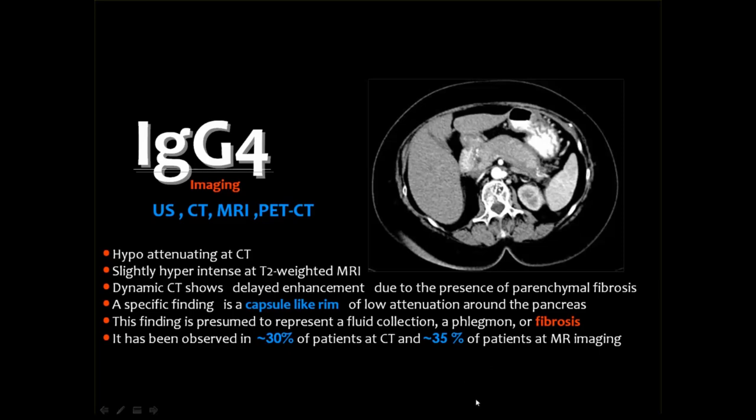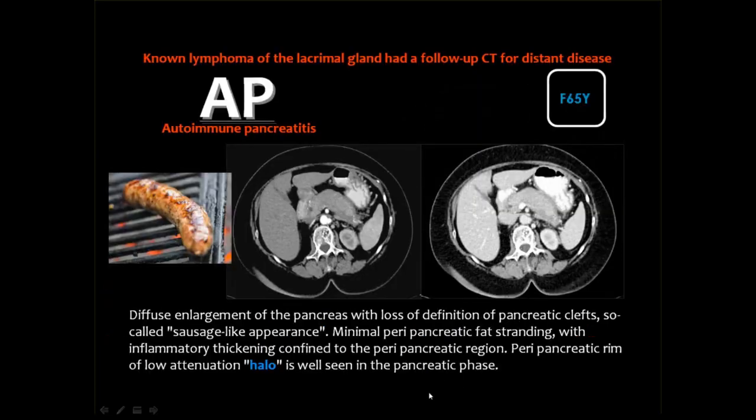According to the literature, they assume that this rim is due to fluid, and I don't think so, as it appears black on T2. Maybe a phlegmon, or most likely it is due to fibrosis. This sign is observed in about 30% of the cases on CT and 35% of the cases on MRI, and it is considered by some of the literature as one of the characteristic or even pathognomonic signs of